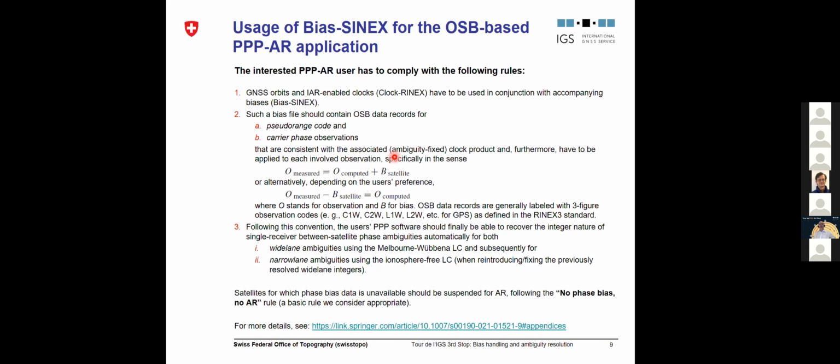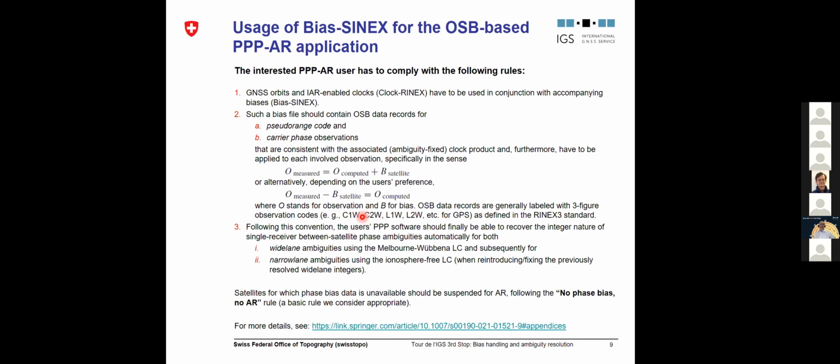And these OSB data records are generally labeled with a 3-figure identifier following the RINEX 3 standard. And following this convention, the user's PPP software should finally be able to recover the integer nature of the ambiguities for the wide lane when using the Melbourne-Wübbena linear combination, and subsequently for the narrow lane ambiguities using the ionosphere-free linear